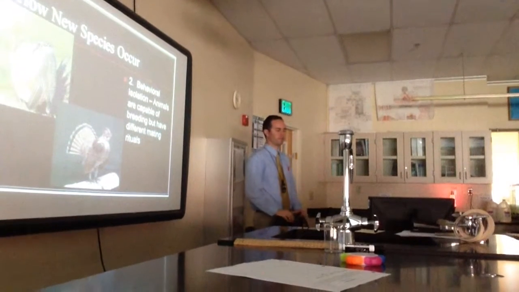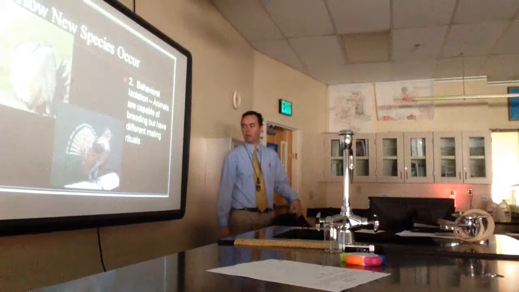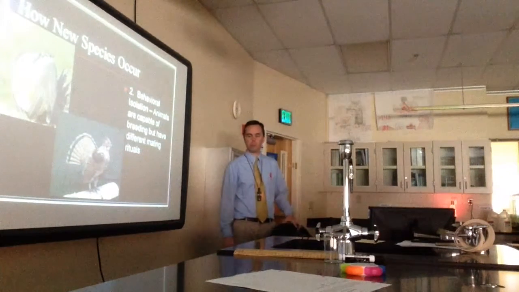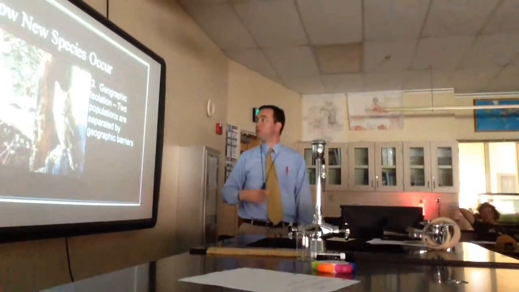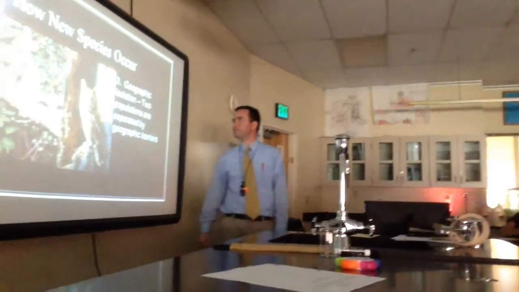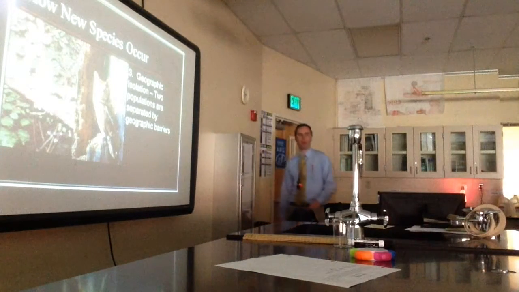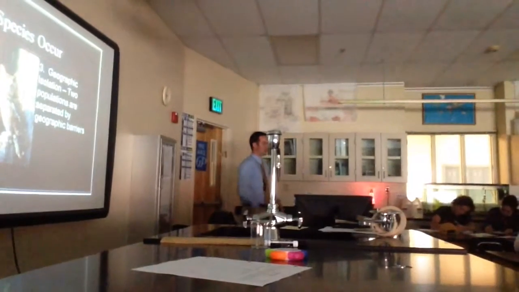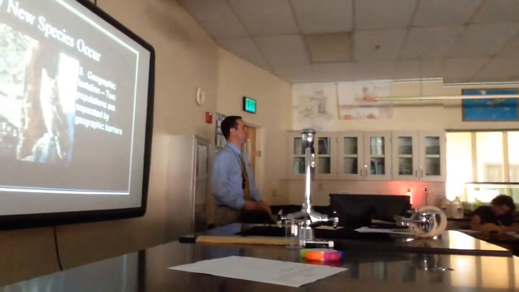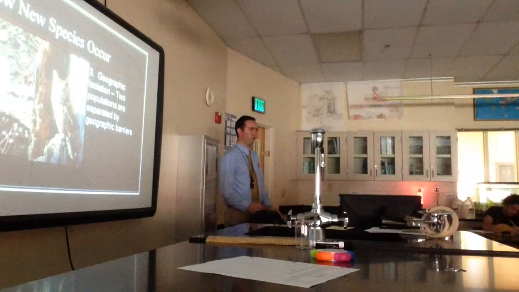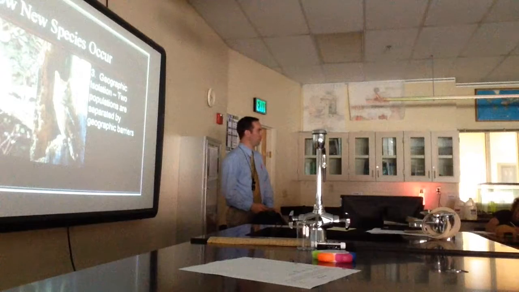But that's behavioral isolation. Things don't behave in the same manner, and as a result, they are not capable of breeding. We're thinking about breeding rituals and things like that. Called geographic isolation, and that's that the two populations end up separated by barriers, like geographic barriers. An example would be squirrels on either side of the Grand Canyon. Even though they're less than a mile apart, they can't breed. One can't cross over to get to the other, and they're not